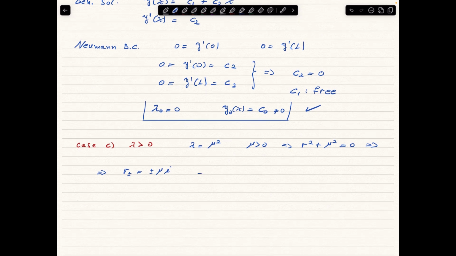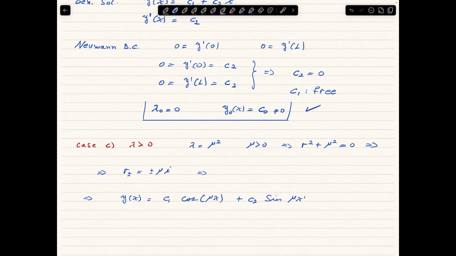And in this case we are going to get the general solution given by y of x. It's going to be a constant, just like in the previous example, cosine of mu x